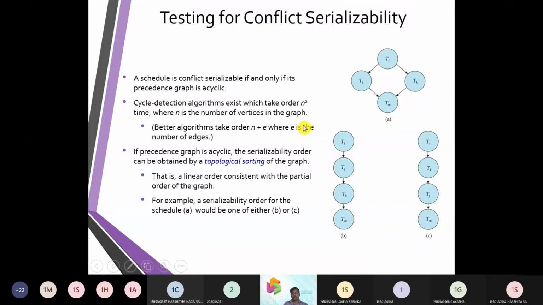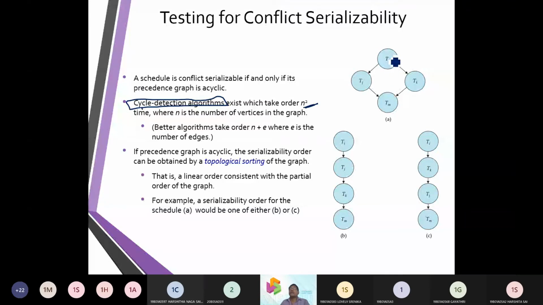The identification of a loop will happen with order of n square. So we should see that there will not be any cycles.